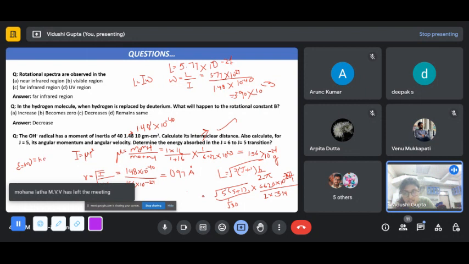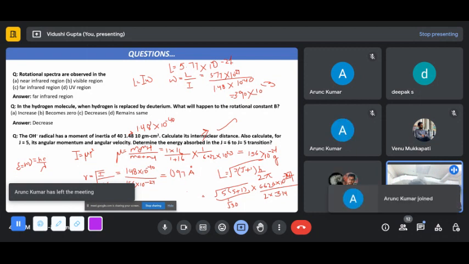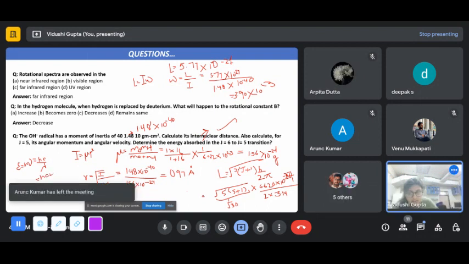So for energy you should know the value of the wavelength, or hc by wave number. 1 by wavelength is wave number, as wavelength is not given, but you can calculate the value of this. You know this formula mu equals to,